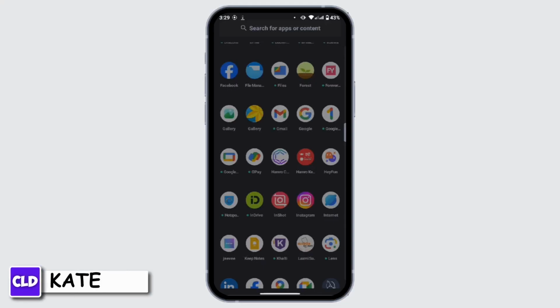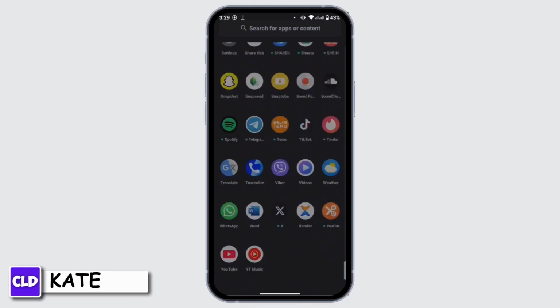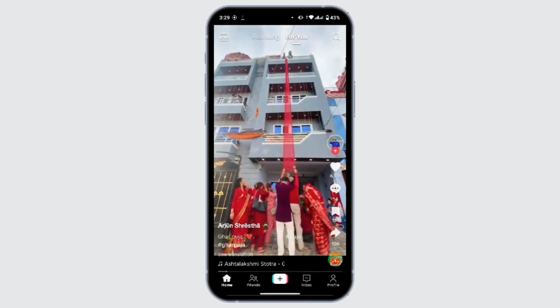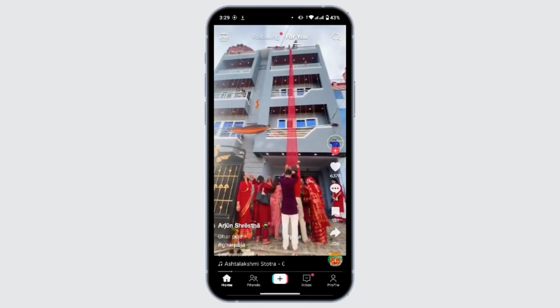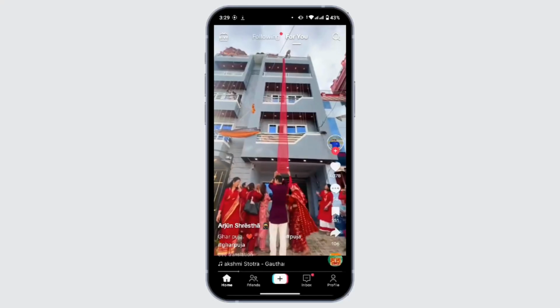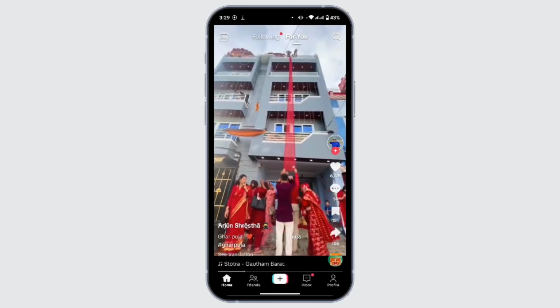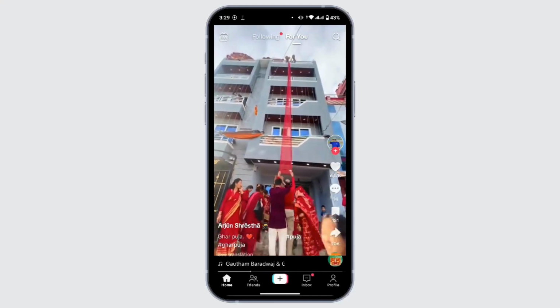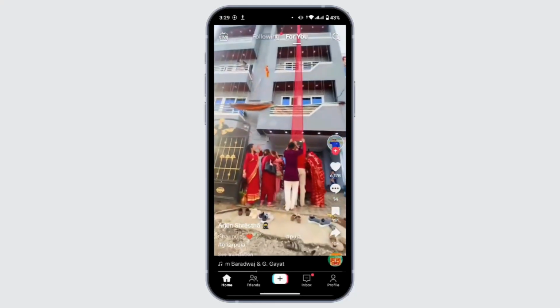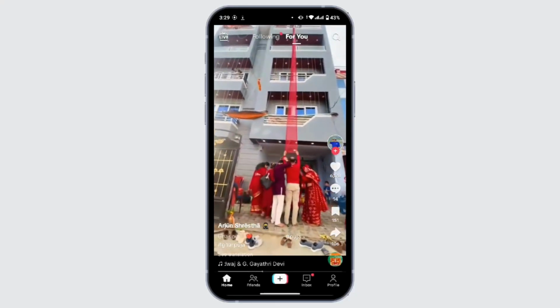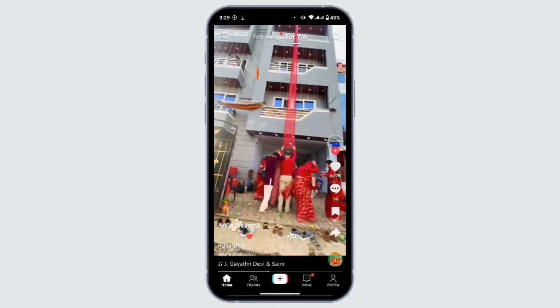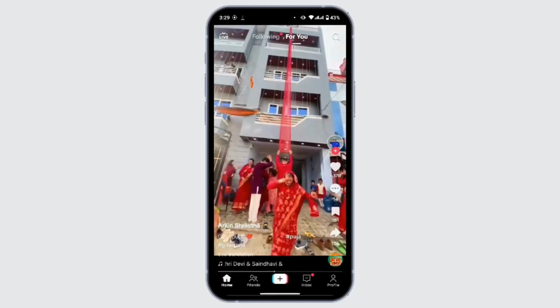First and foremost, you have to make sure that you are eligible for TikTok shop. Now to check that, first of all, open up your TikTok application and make sure that you're logged in. Now the eligibility criteria for TikTok shop is that you must have at least 5,000 followers to be eligible for TikTok shop, and you must be in an eligible region or country. If you are in a country where the TikTok shop feature is not available, then you won't have that feature